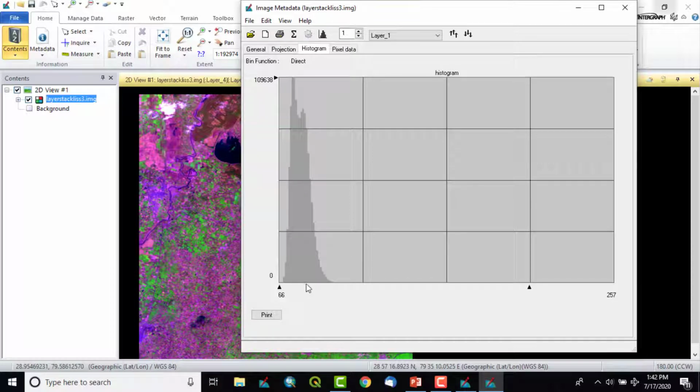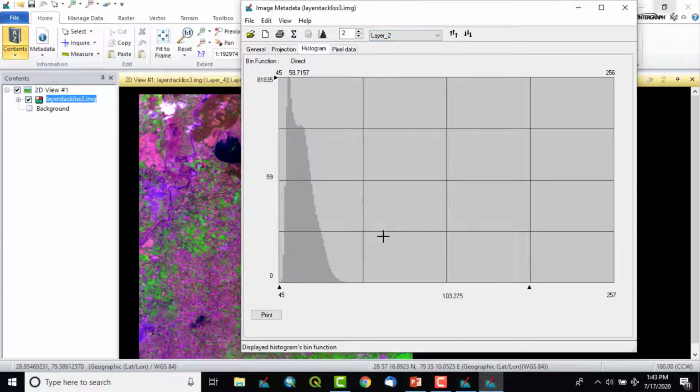Suppose I put my cursor over here, we can see on the x-axis 81.0789 is shown. This is the pixel value, and how many pixels of this particular pixel value are there in this particular band is 80,824. So 80,824 pixels are there. This way we can understand the metadata, and that too the histogram of the satellite data.